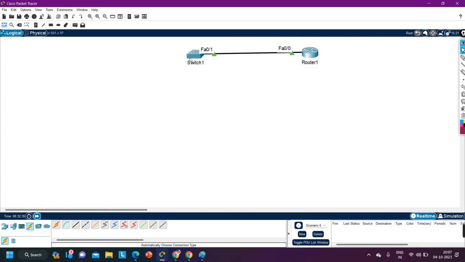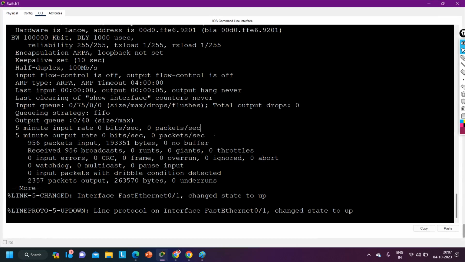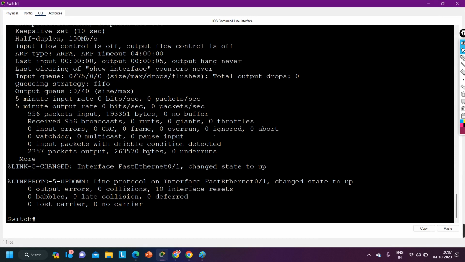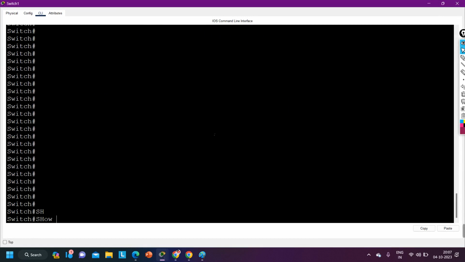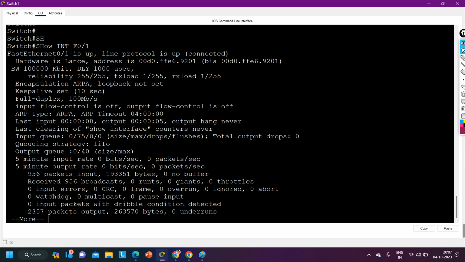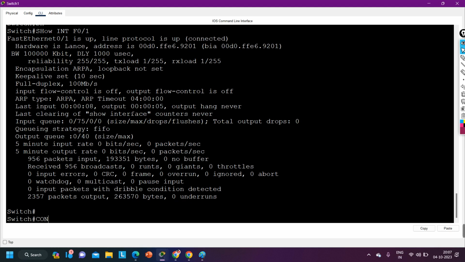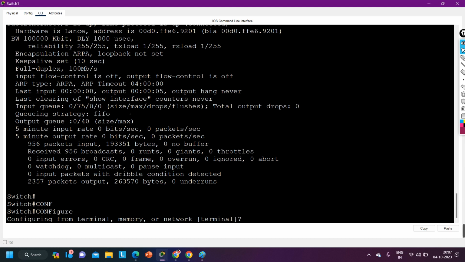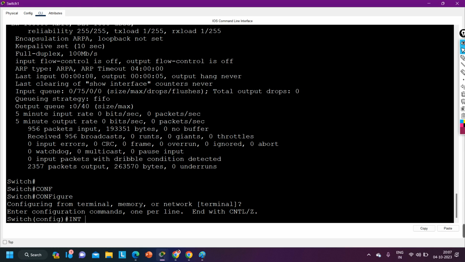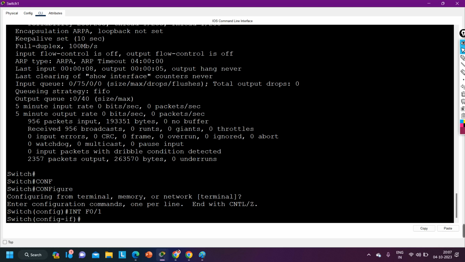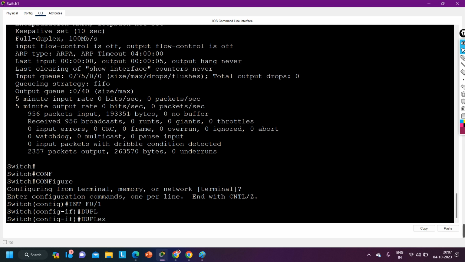Okay. And now on the switch, let me check the duplex. Again, I am going to run the same command, show interface FastEthernet 0/1. Here duplex is now full duplex, meaning the switch has negotiated it from the router. And the router is also doing the same thing. Let's say here manually, if I configure, the configuration is auto. If manually I configure duplex half here,